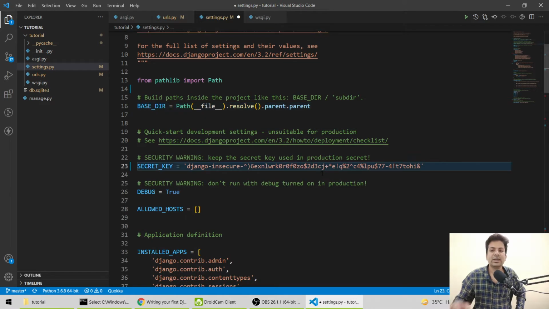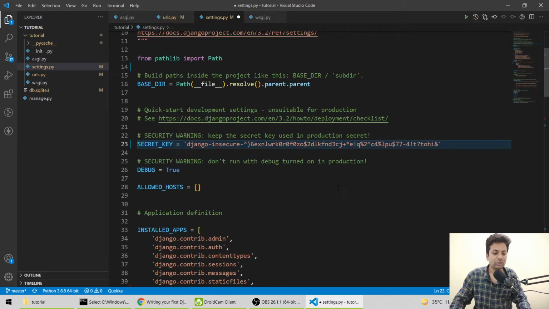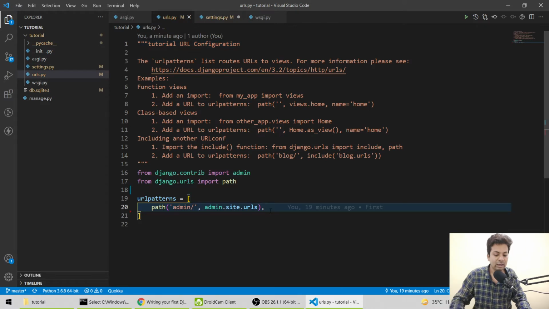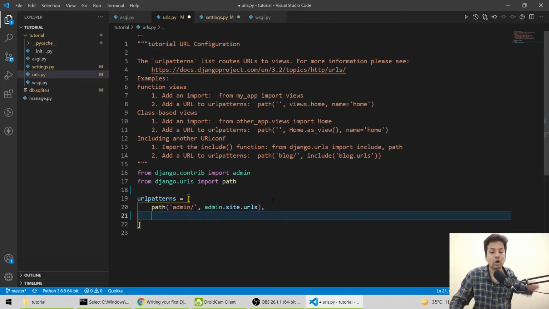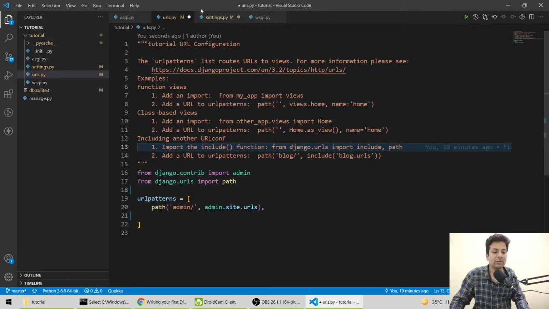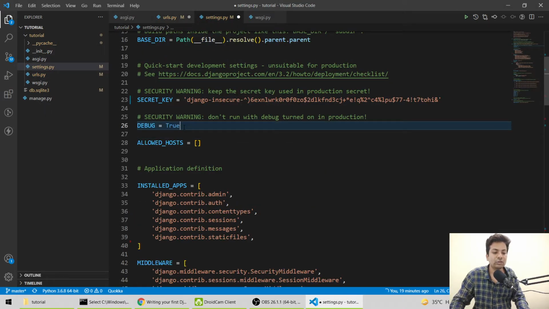So let me just remove this. Like it's a secret key, every project has a secret key. You can add things like this, it doesn't matter. So this is the secret key. Debug true means if you change something in your file while you are running your server, and you add an enter, it should automatically reload. You don't have to go again and break it and run it. That's why it's true. If you make it false, every time you have to rerun it. So that's why Django automatically restarts whenever you make changes, because debug equals true.